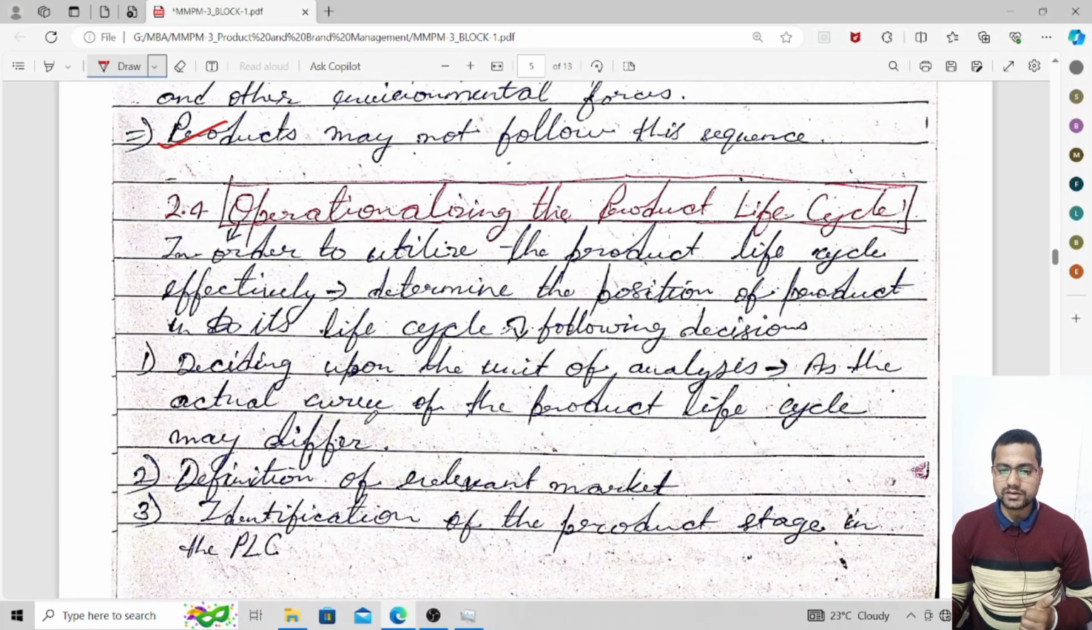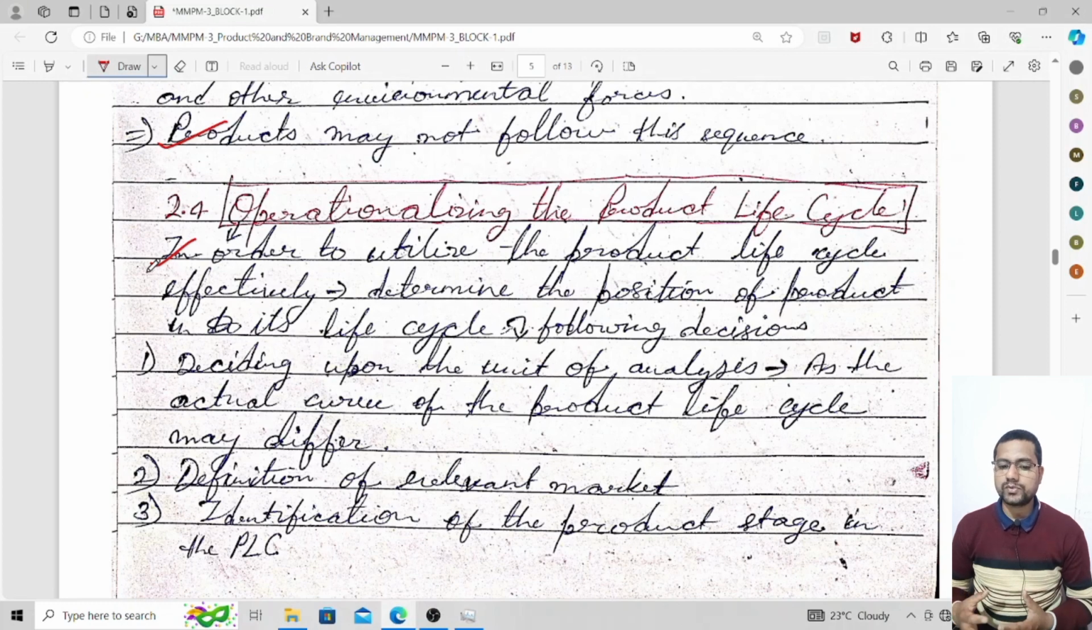Then you have next, operationalizing the product life cycle. So operationalizing the product life cycle means how the product life cycle happens, or how we make the product, and how we follow the pattern of the product. So here, written here, now you see I'm reading: in order to utilize the product life cycle effectively,